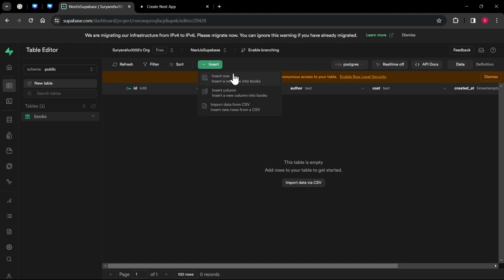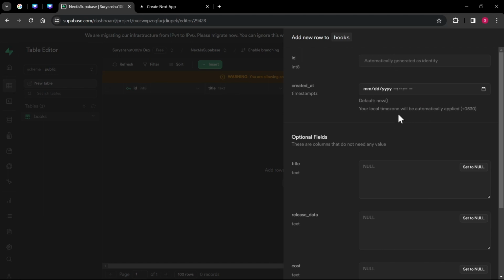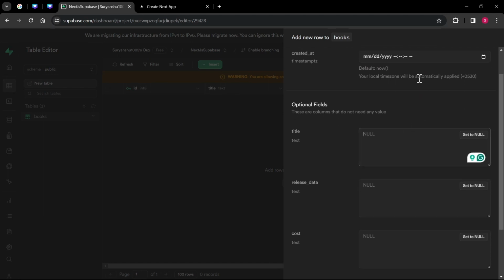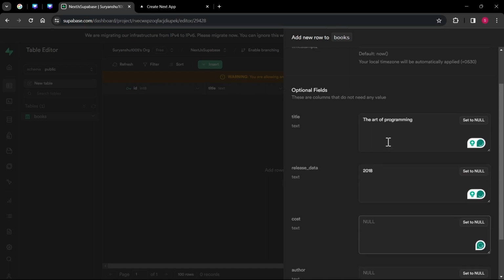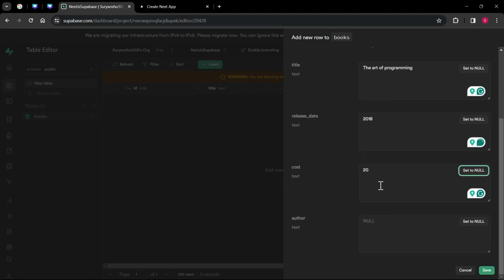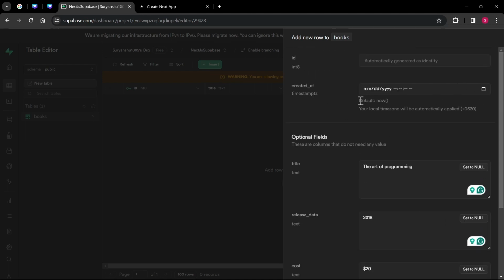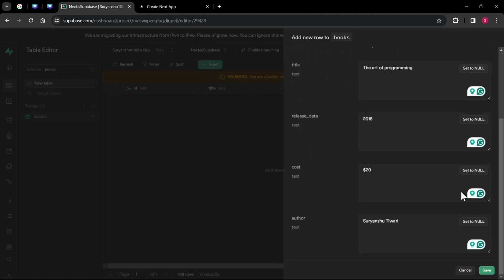So if I go here and click on this insert row and add some values, like the title, The Art of Programming, release date could be 2018, cost would be $20, and author, let's say, Shubhyanshu Tiwari. Now, created at will be set to default if we don't change anything in this format, and ID would be automatically generated. So when I click on the save button,